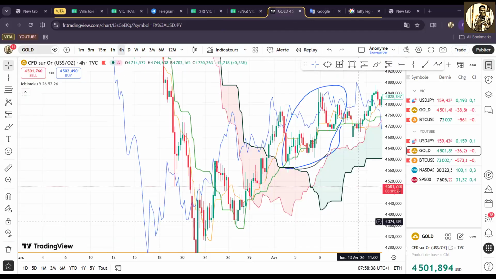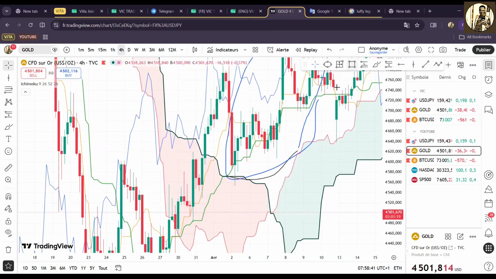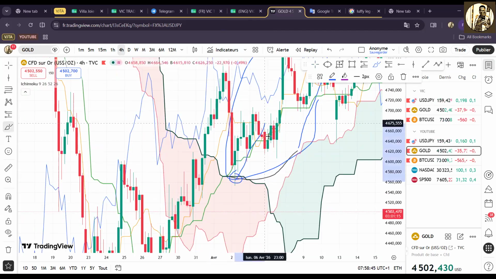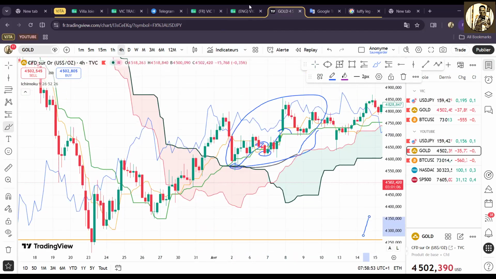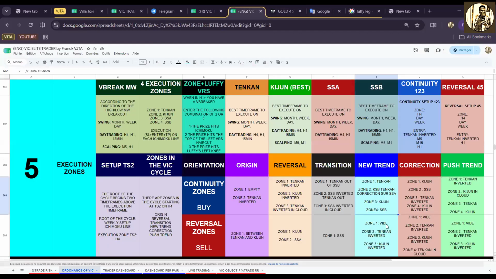You see, during this new trend, you have here SSB as a zone of continuity to the upside. You also have Kijun here as zone of continuity to the upside for this new trend. So that's how the new trend works. And now for zone of reversal,